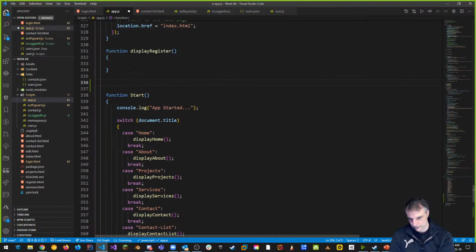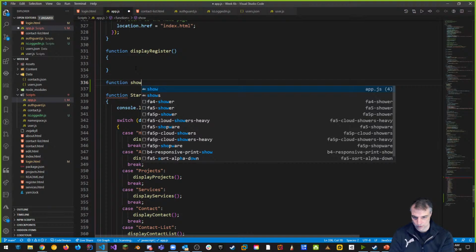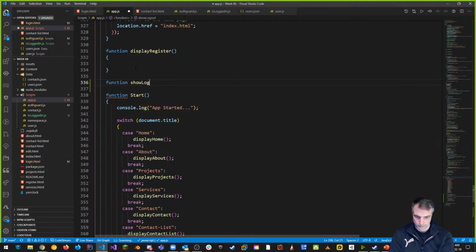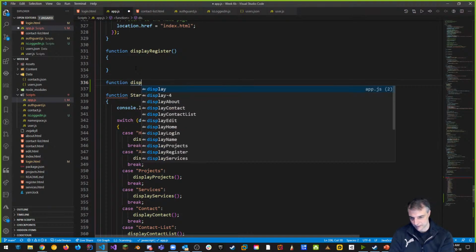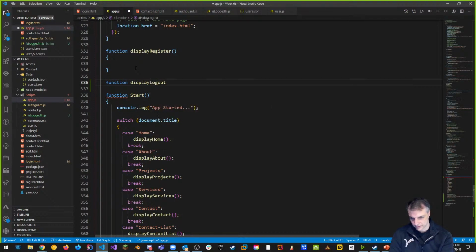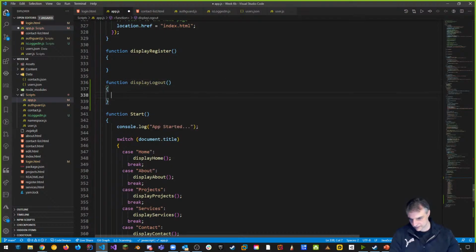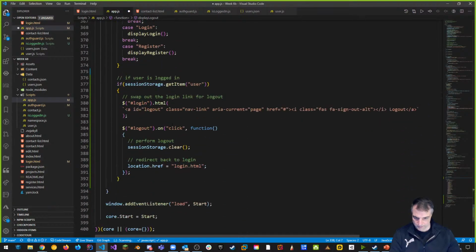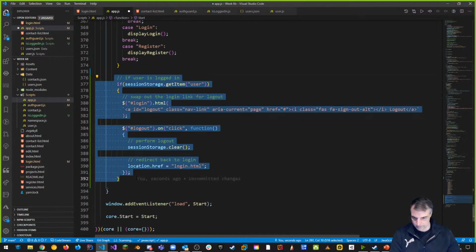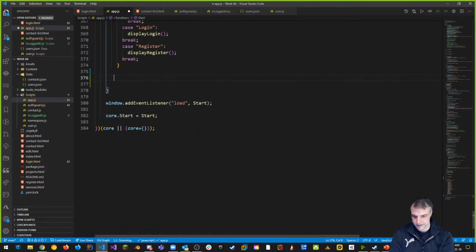So we'll make a little function that says, kind of replace or toggle login, logout, or show login, show logout. We can also say display, just to make the same thing. We'll say display logout, right? Which is what this is, display logout. So I can take all of this out of here, and we can replace it with display logout,